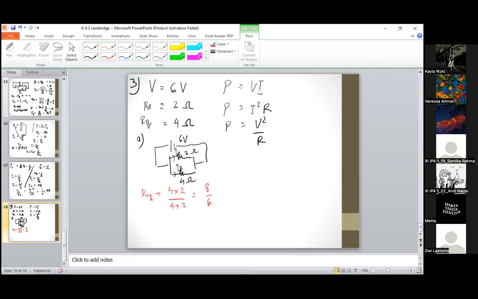And then we will know about the I. I is the equivalent, 6 per 8/6, so 36 divided by 8, 9. So 4.5. So the ID will be